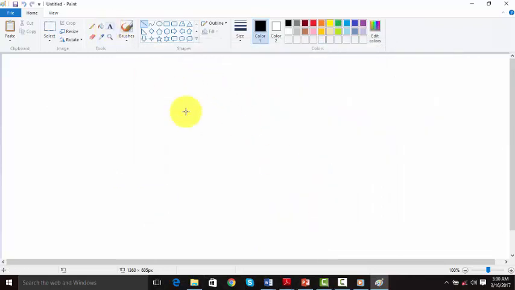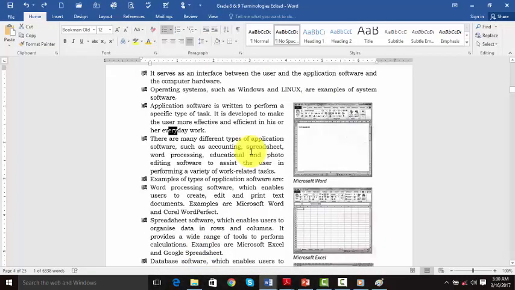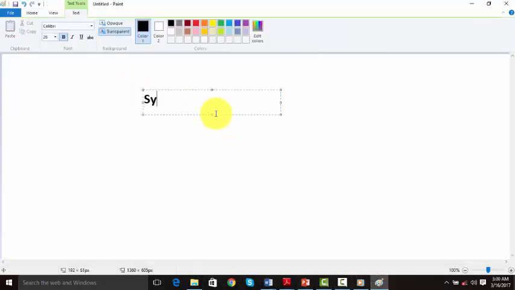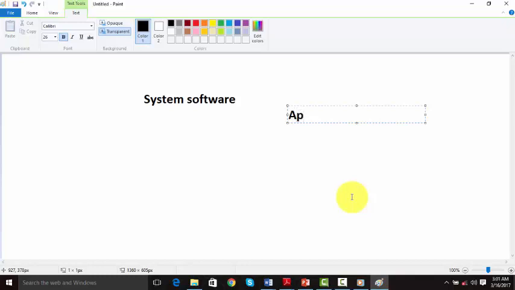So now we are looking at the part which says we are going to look at the difference between operating system and application software. In this case we may do our work like this. We look at the system software, and then we have also what we call application software.